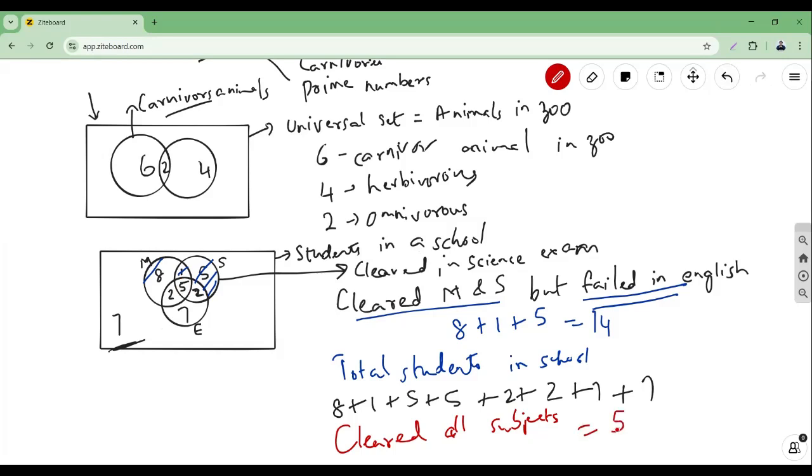This is how we create Venn diagrams. This is how we interpret Venn diagrams. I hope you have understood about it. If you're not, pause the video or go back from the beginning of the video, understand it. And as you know, go ahead and draw some Venn diagrams. Go ahead and understand some Venn diagrams